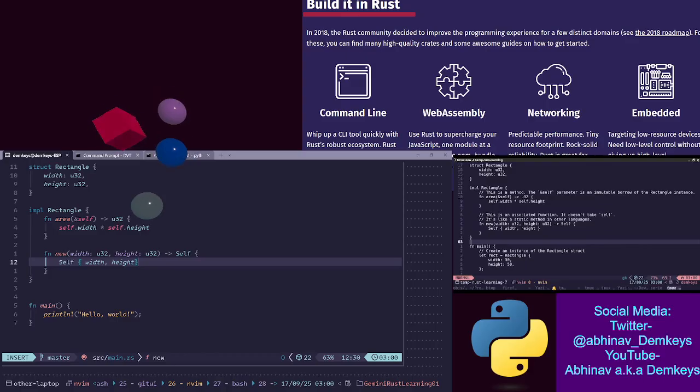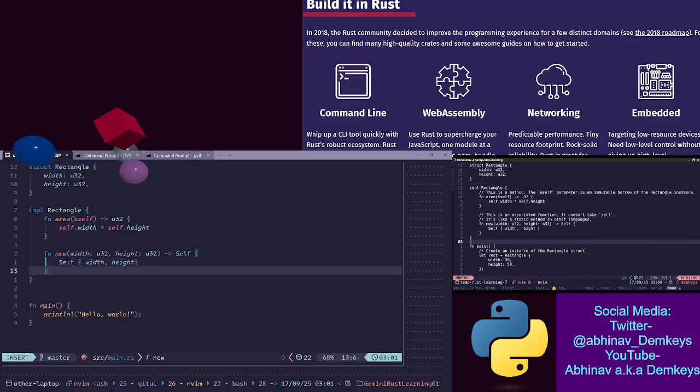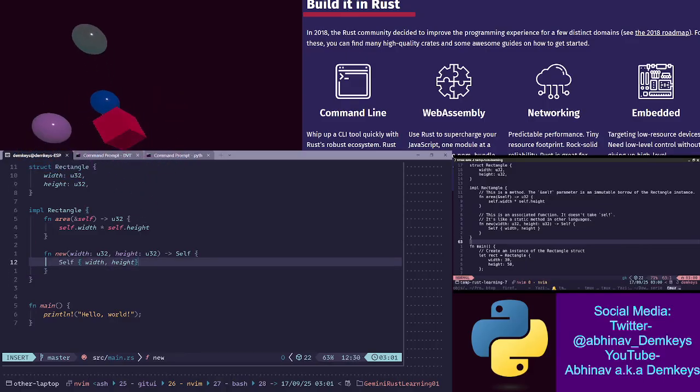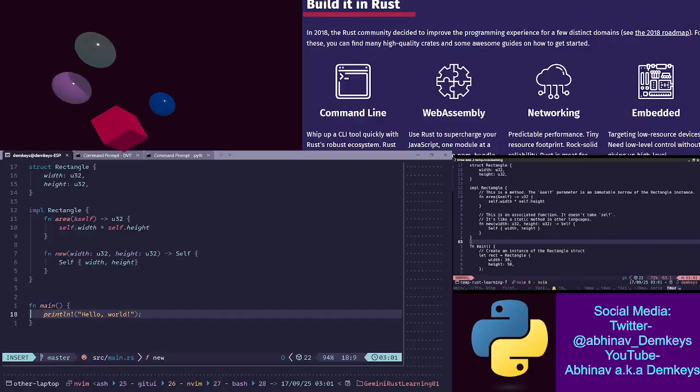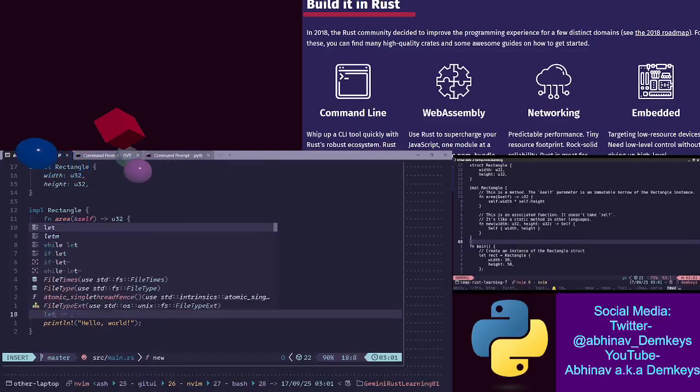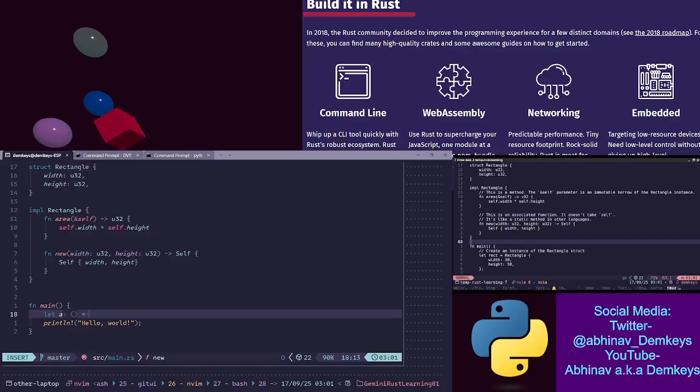Okay, this is interesting because, right, I believe this entire line is the way to declare a struct. So for example, if I did let a equals, actually we could specify the type as well, rectangle, equals rectangle.